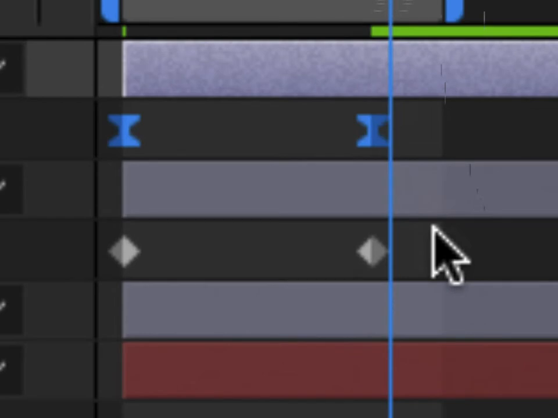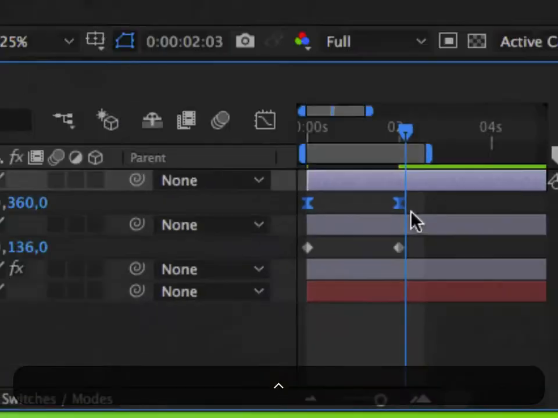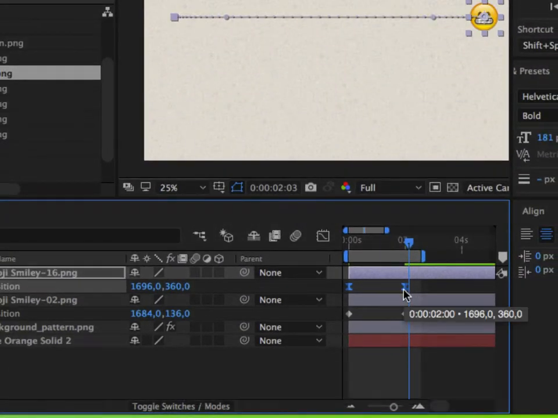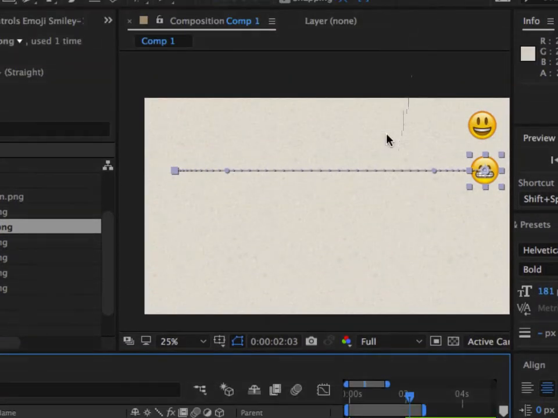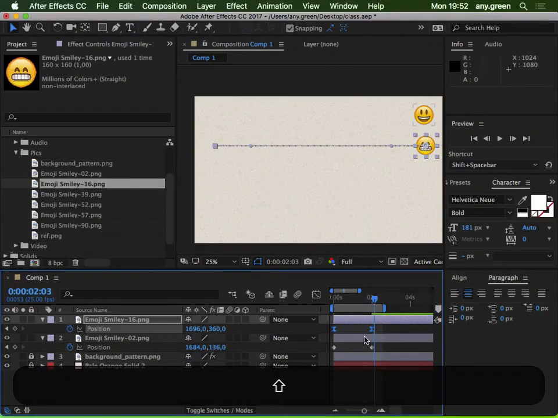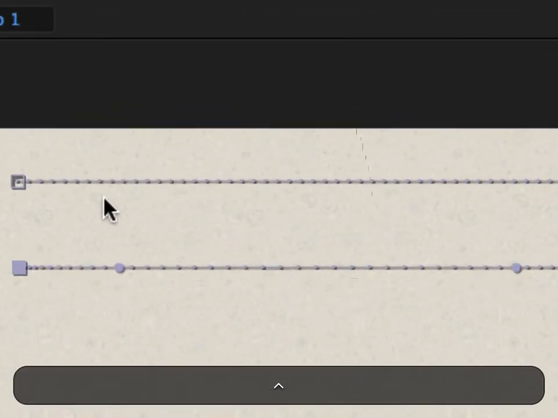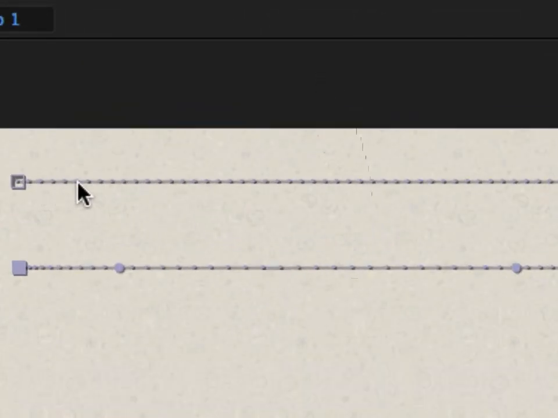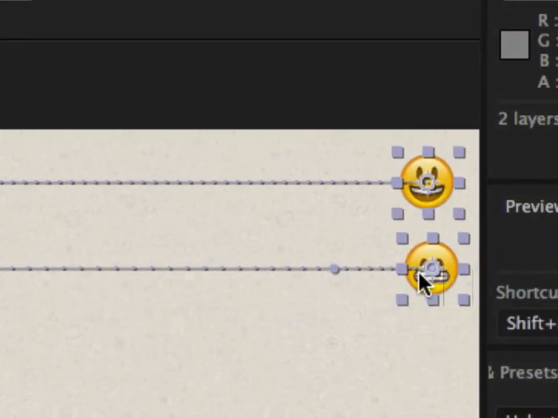Usually it's referred to as hourglasses. Now this means that they are not linear anymore, and they can have any sort of easing. We can already see here that some easing is applied because these dots are not equally spaced anymore. So if we compare it to the other layer up here, we can see how each distance is the same, but here the distances are closer in the beginning, farther apart in the center, and then closer towards the end